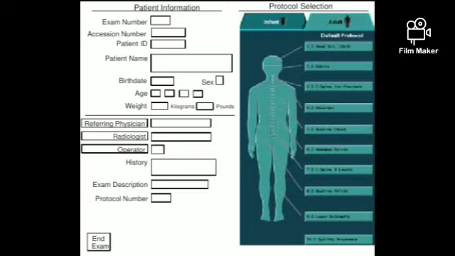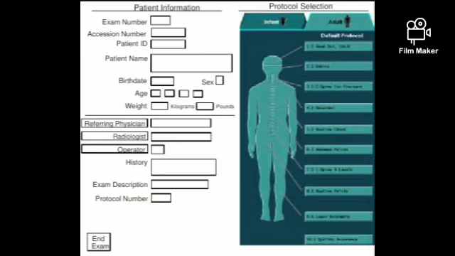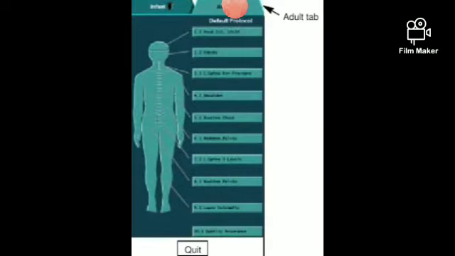So next is, how we do the setup for the patient: click the patient registration, and you can get these things. You have to enter the exam number, next accession number, that is the patient ID number, hospital ID, patient name, birth date, age, gender, weight, physician name, radiologist name, operator. And from here there are two options, adult and infant. If you are doing it for babies, select the infant one. If you are doing it for an adult, you can select, and you can see what areas there are, like skull for brain, thorax. So all these things you can select as needed and press on,